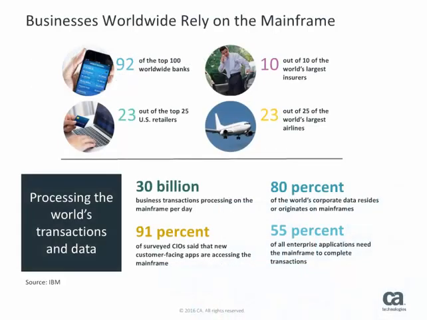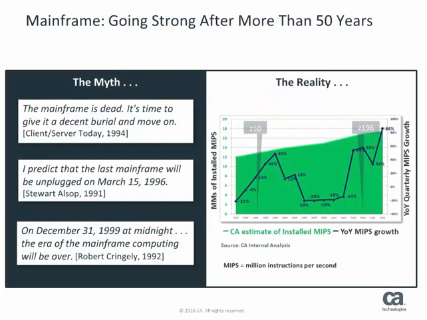Statistics show that the world's leading businesses across all industries rely on the mainframe. In an industry marked by change, the mainframe has not only survived but thrived and continues to grow after more than 50 years. Despite predictions to the contrary, the mainframe computer remains the foundation of modern business, playing a central role in the daily operations of most of the world's largest corporations, including many Fortune 1000 companies. As digital transformation in the app economy continues to grow, we expect mainframes to continue dominating the landscape of large-scale business computing.